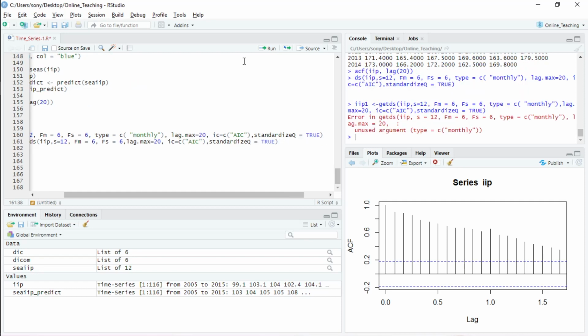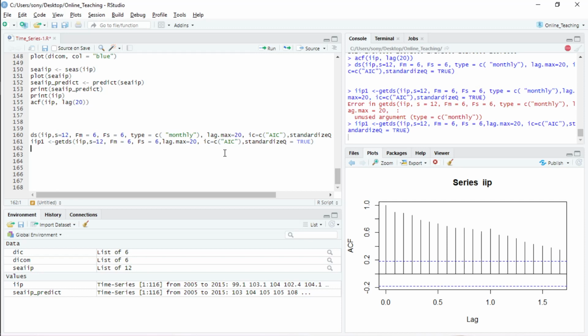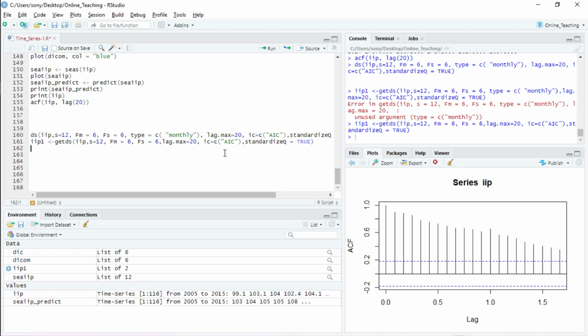Now I run it. Okay, now it's done. Now you can see that IIP1 is there. I'll type IIP1, and now you see all the deseasonalized data is there. In this way you can convert your data into deseasonalized data.